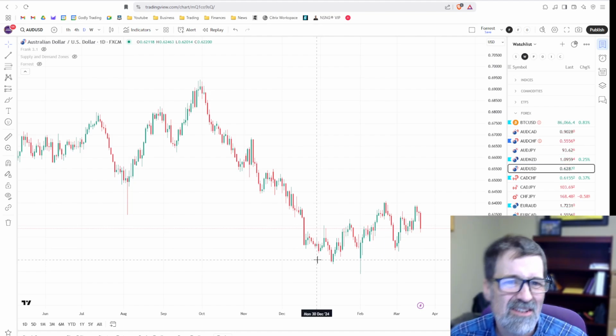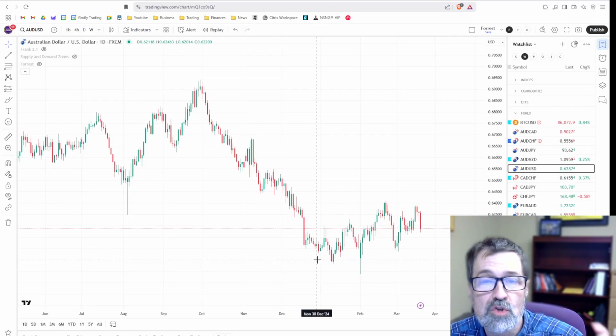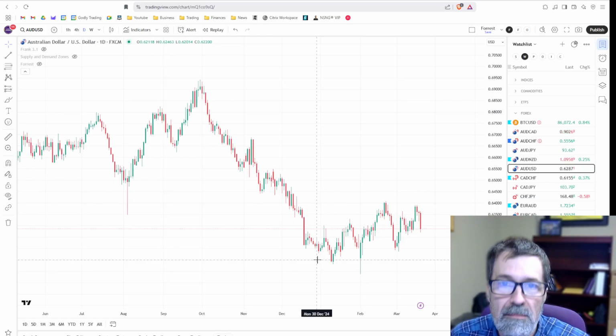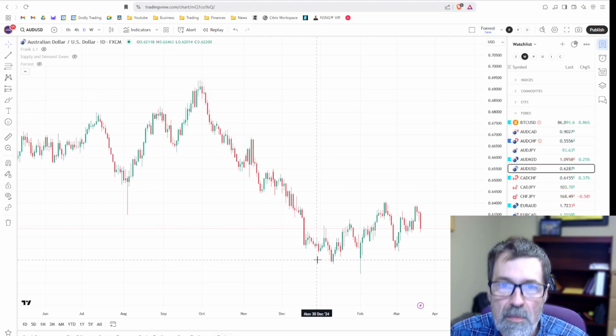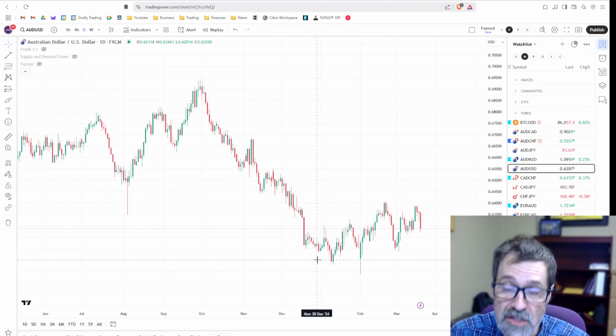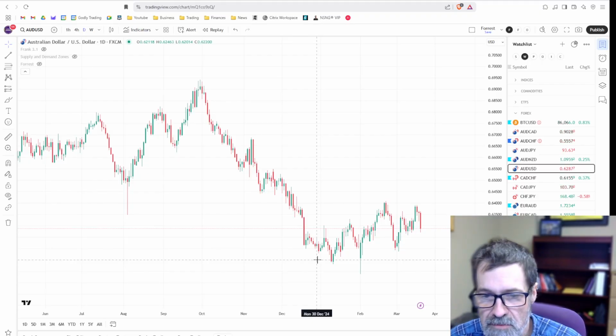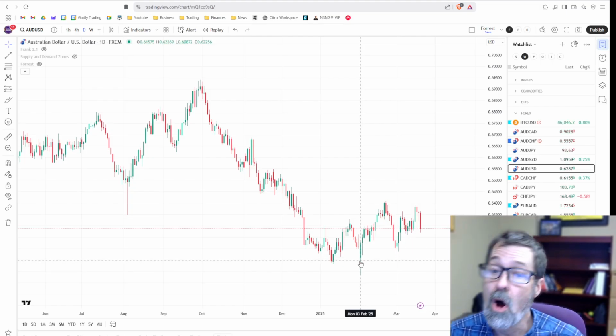By the way, those whole numbers, yeah, they're important. They're not only psychologically important, but they are important because if someone is going to place pending orders of the big banks and whatnot, that's one of the theories behind supply and demand zones. There's a whole big batch of orders that are waiting down there. They're probably going to be placing it at logical increments like 6,150, 6,200, 6,300, those kinds of things.